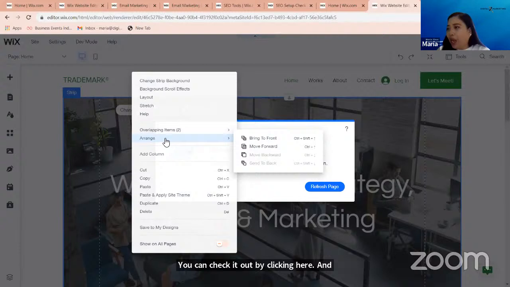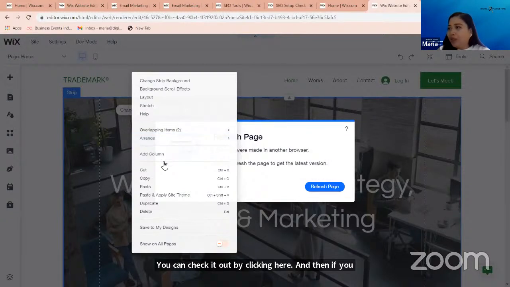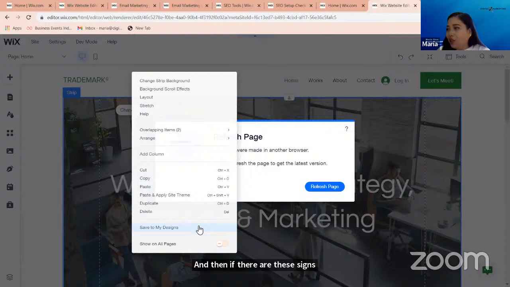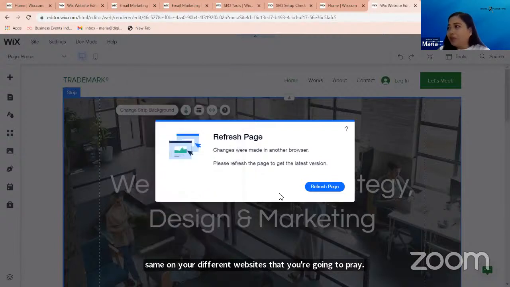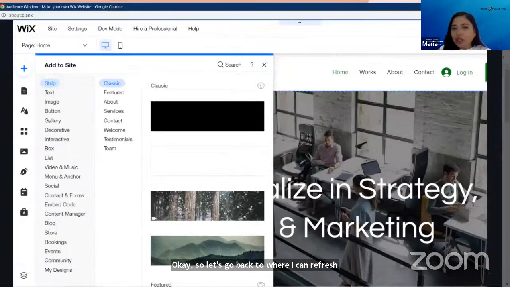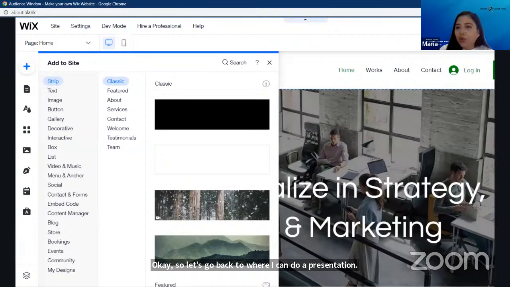And then if you want to arrange your elements, and if there are designs that you made and you're going to build another website, you can just save to my design and then be able to apply that design on your different websites that you're going to create, okay? So let's go back to our Canva presentation. So that is for the Wix